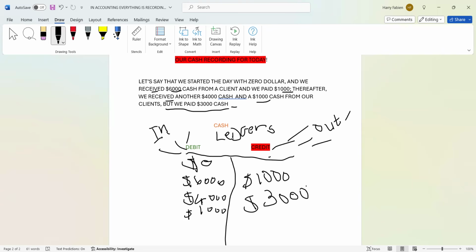You have to be able to tell the difference between these rules, those tools. We call them rules. Those are the rules that you need to know in accounting, the rules you need to know in accounting. That's all you need to know in accounting. Let me just put it for you better here.